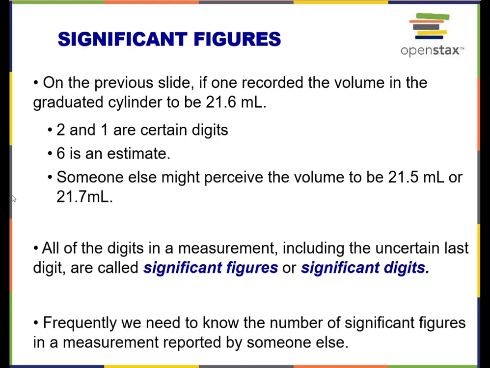So what that means is that if there's some amount of uncertainty in a measurement, then I have to have a way of capturing how certain a measurement is, because some measurements are better than others. And so the way that I can represent that one measurement is better than another is by determining how many significant figures or significant digits there are in a measurement. And a significant figure is really just a digit that's important in that measurement. So every number that's not 0 is always significant, and sometimes 0 is significant.